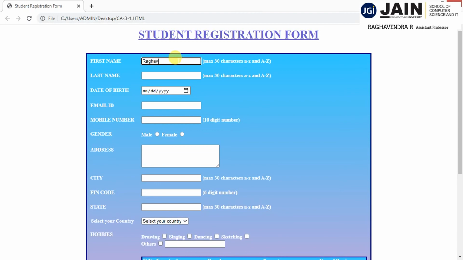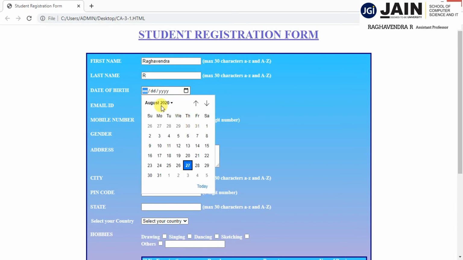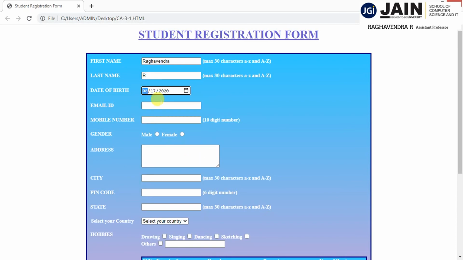Raghavendra, then last name, then date of birth, I am getting the calendar, so some date of birth I am taking. Okay, email ID raghavendra@gmail.com, and mobile number, some numbers I am giving.